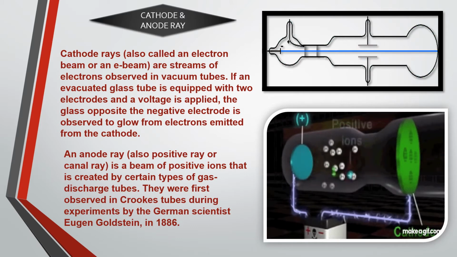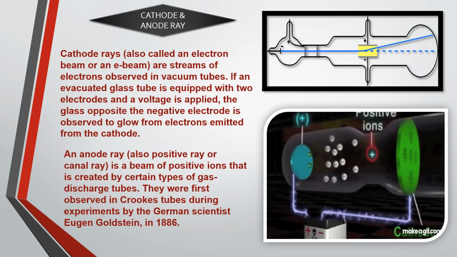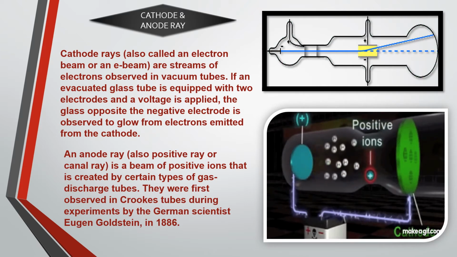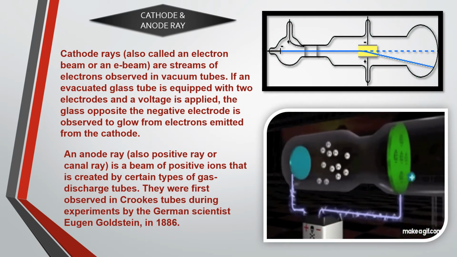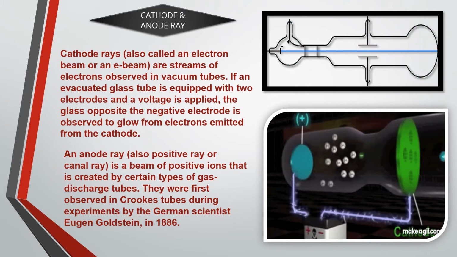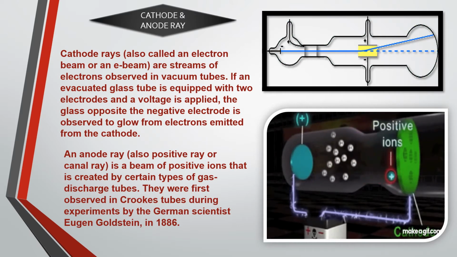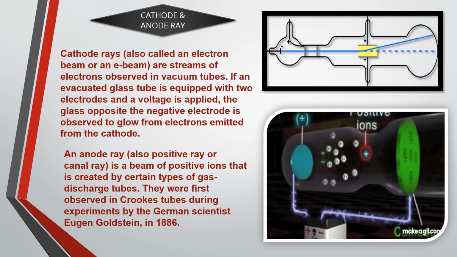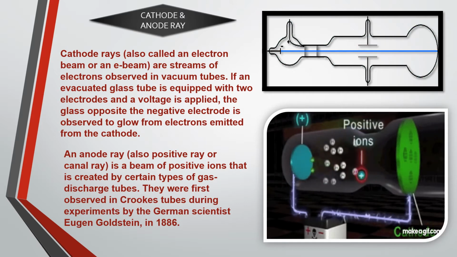The rays are deflected from the straight line towards the positive pole of the electric and magnetic field, which indicates that cathode rays are negatively charged. So this is actually the introduction of the invention of electron. Now see the diagram carefully. The ray that is passing straight is deflecting, and it is deflecting towards the positive charge. It proves that this ray must carry some negatively charged particles, which is actually electron.